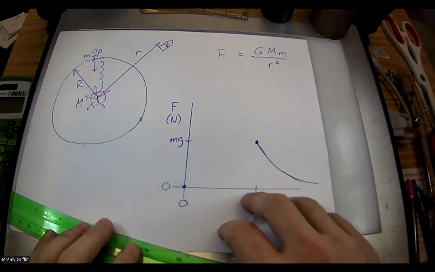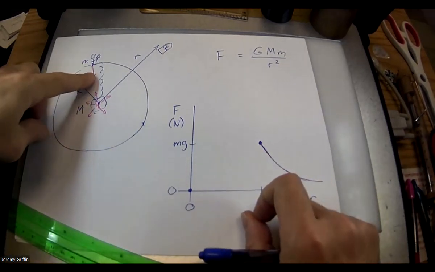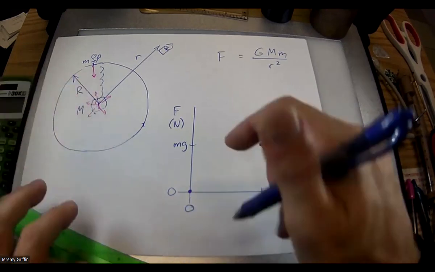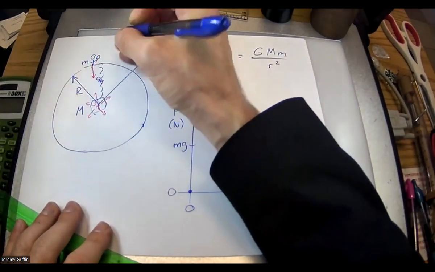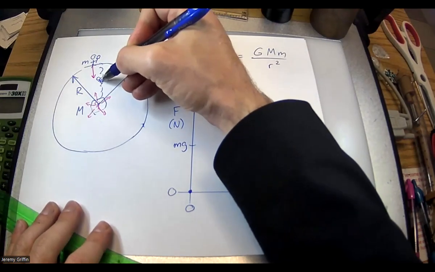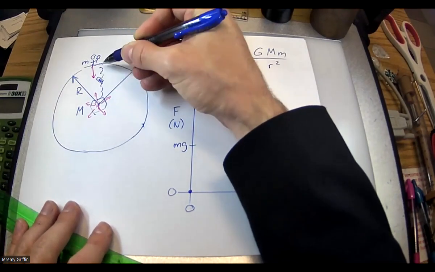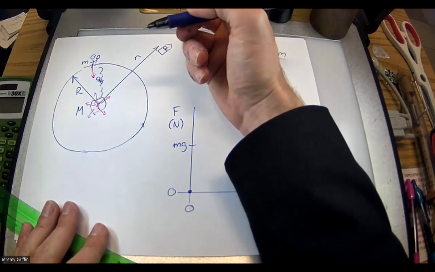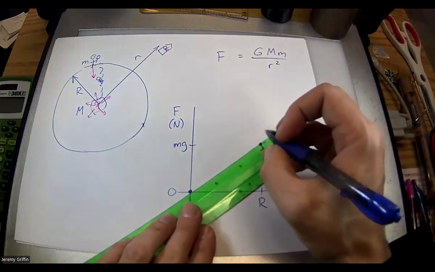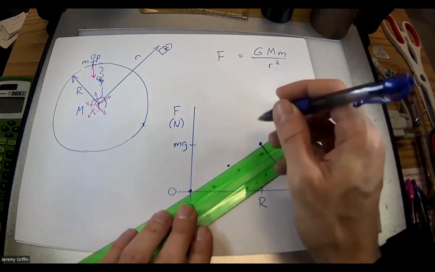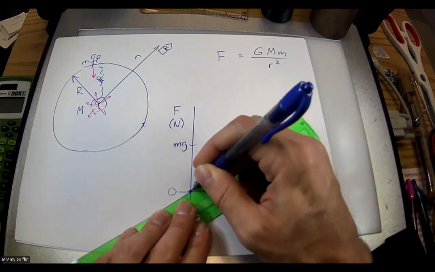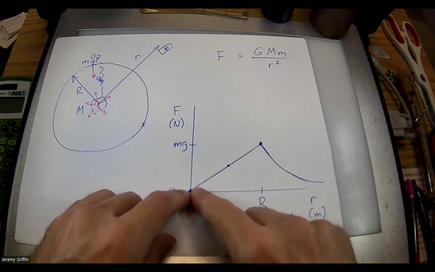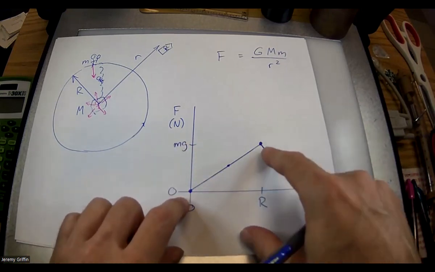But what about the rest of this graph? What about as you're tunneling down the spiral staircase, somewhere between here and here? What's that going to look like? What if you're halfway down the spiral staircase, like this guy right here, halfway to the center? How many guys think that if you're halfway to the center, you have half the weight you do at the surface? Which should be right there. Another way to say that is that there would be a linear relationship between the center and your weight. It would increase at that linear rate, of course, until you get to the surface.